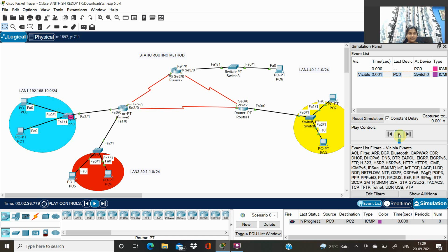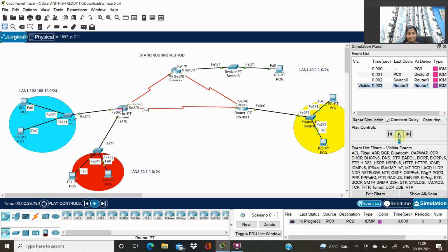It is passing through the switch, then from the switch to the router.